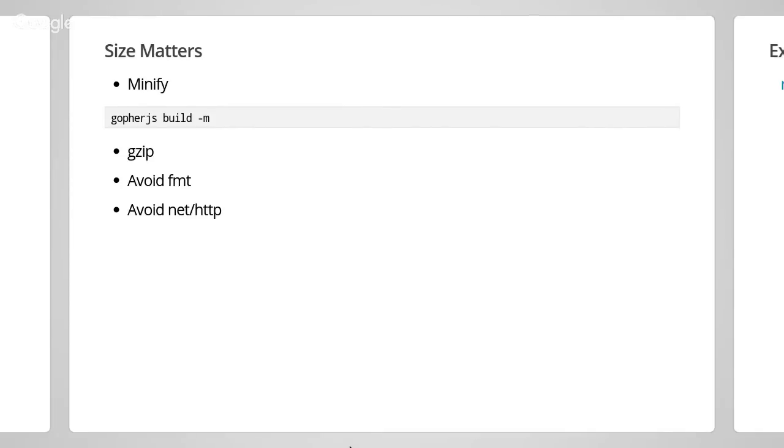Another thing that you probably shouldn't use is net/http. Especially since we are running our code in the browser, we don't care about all the server parts of the HTTP package. So this is just a lot of unnecessary code. And most of the time, we only care about our AJAX requests, and we can do this with a different package. But other than that, you have seen now, this is stuff that works right now. You can actually already do that.